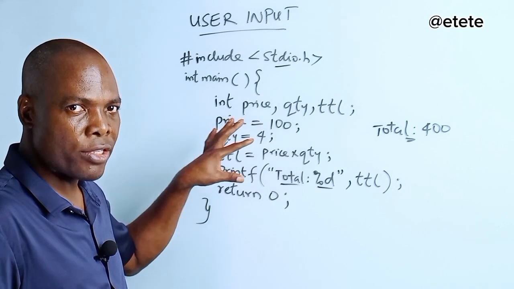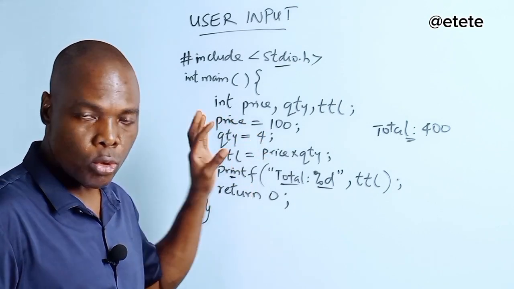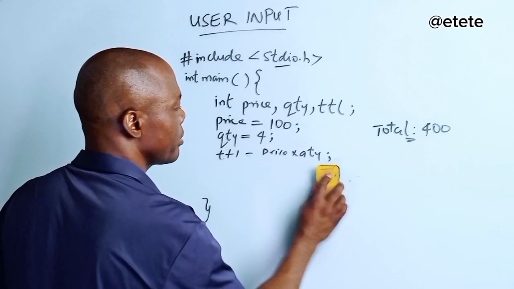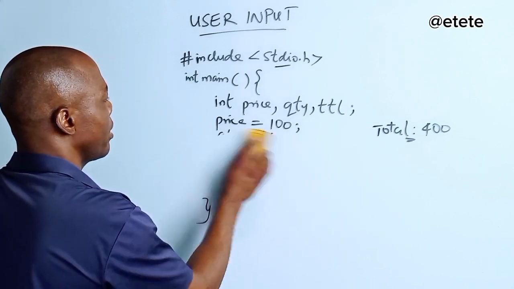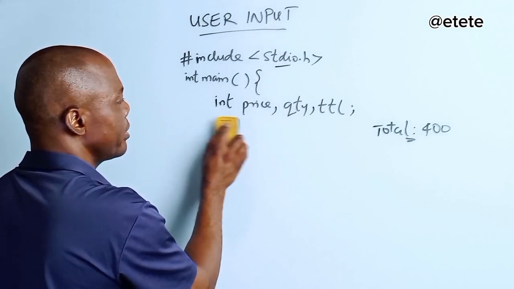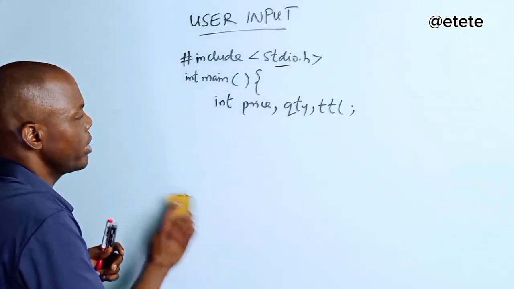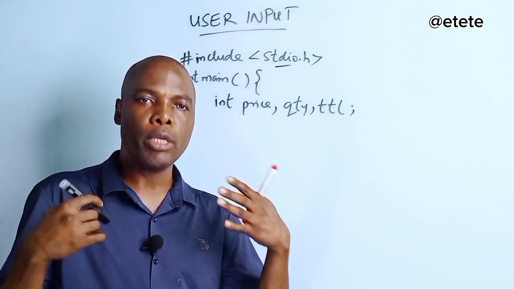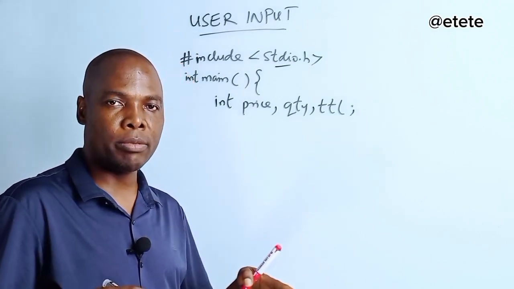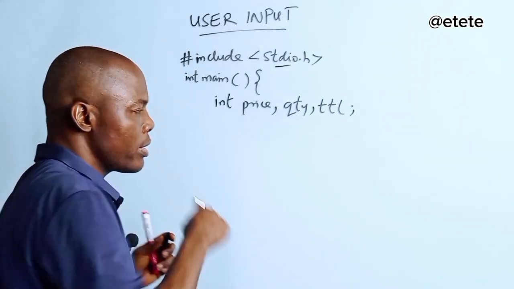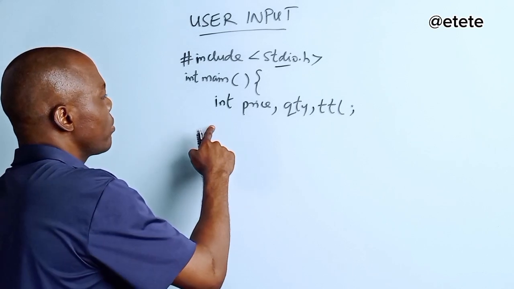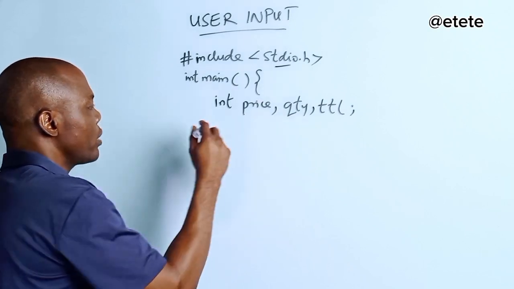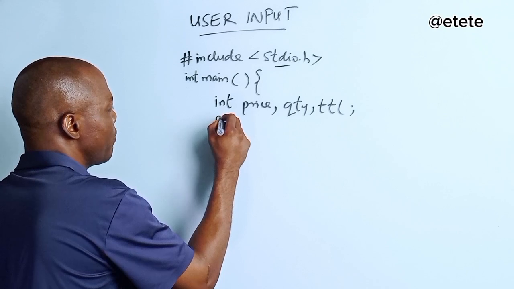So I have to change my script from this. I'm just going to clean this and clean this, right? So I will leave that one. To achieve that, where I want you to input the value every time I run the script, I will have to introduce scanf. Now, here I've declared 3 variables. So the first thing I will do now is I will say printf,